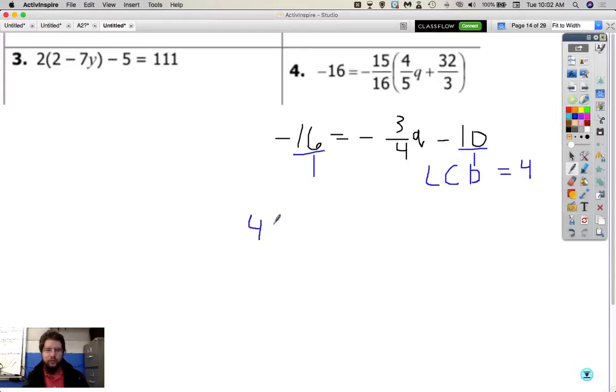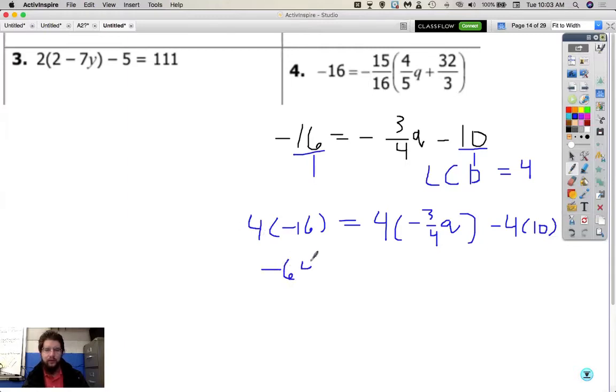So 4 times negative 16 equals 4 times negative 3/4 q minus 4 times 10. All right, so that's going to be negative 64. Again, you are welcome to use a calculator. Equals